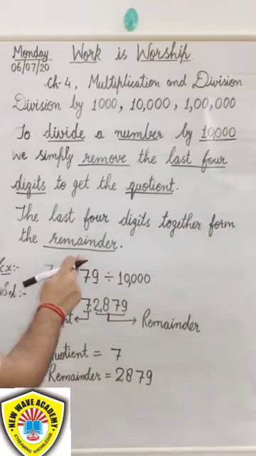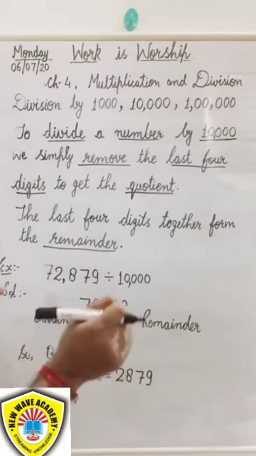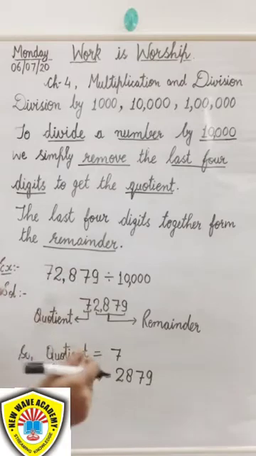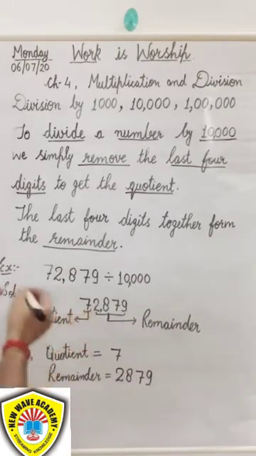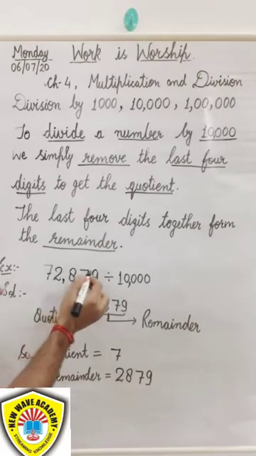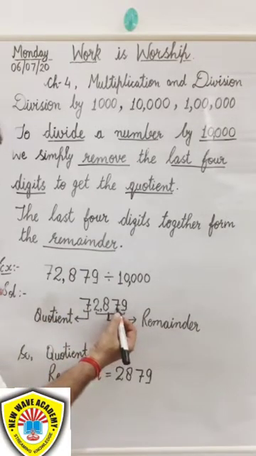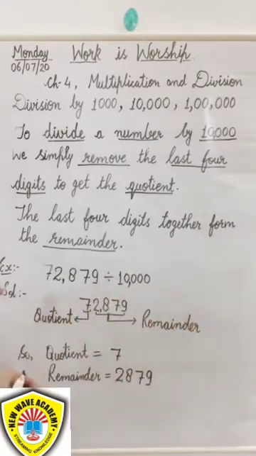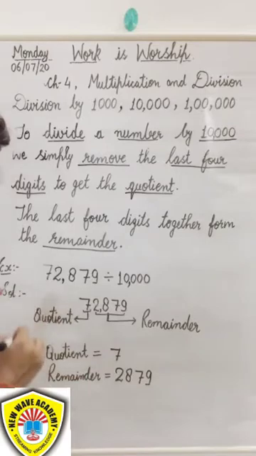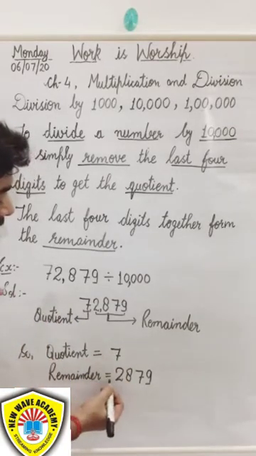It means when we divide a number by 10,000, the digits on its ones, tens, hundred, thousand place form the remainder and the remaining digits form the quotient. Okay, for example, here we have 72,879, which we have to divide by 10,000. So we simply remove the ones, tens, hundred, thousand place for the remainder and the remaining digit forms the quotient. So our quotient will be 7 and the remainder will be